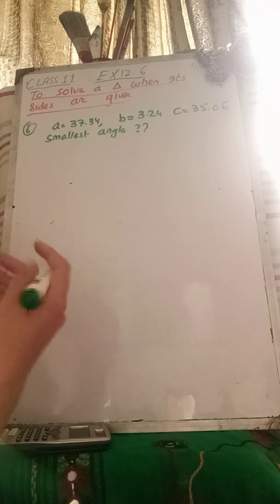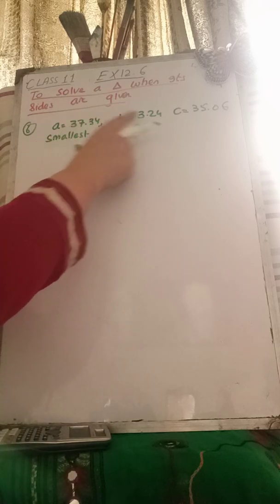Now in question number 6, they have given us all the three sides and they have asked for the smallest angle. We know that in a triangle the smallest angle is always opposite to the smallest side. Okay, in theorems we have learned that if the side is greater, then the angle opposite to that side is also greater. So from this we can deduce that the smallest angle will obviously be the angle which is opposite to the smallest side. So if you have the three sides A, B and C,